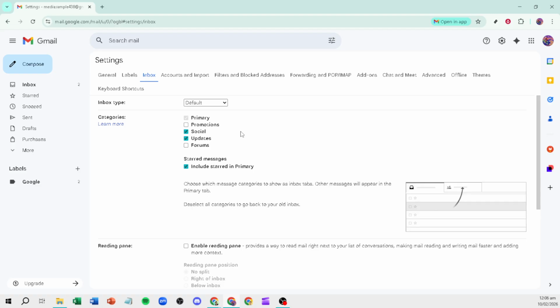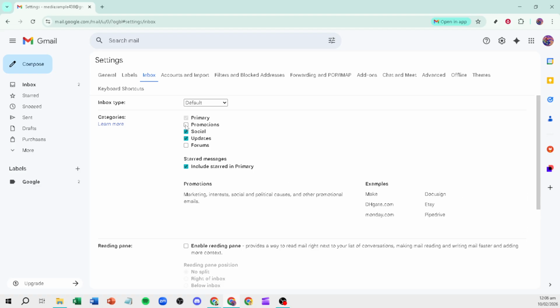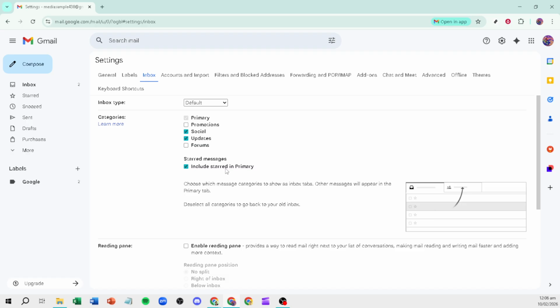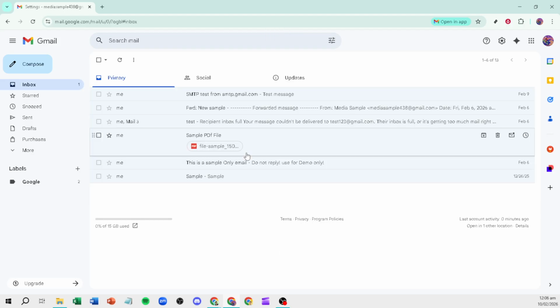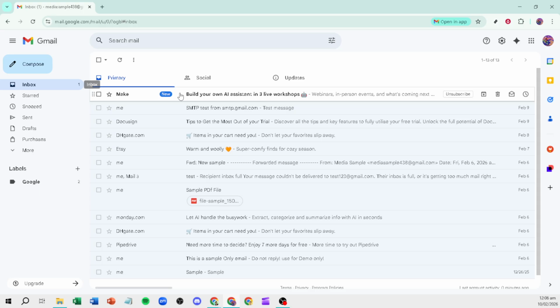Once you've unchecked the categories you no longer want, scroll all the way to the bottom of the page and click Save Changes. Gmail will briefly reload and take you back to your inbox. You should now see only the primary tab, without the separate social, promotions, or forums tabs. This change usually removes the large card-like sponsored items that sit at the top of the promotions tab and helps